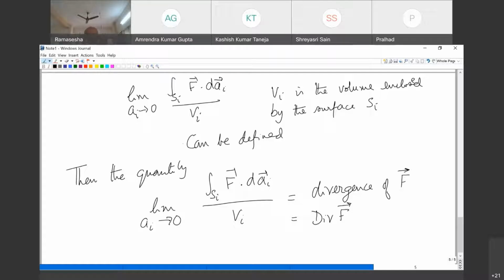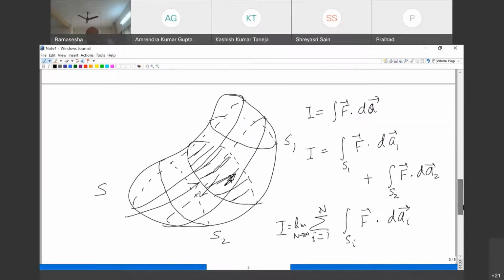What is the physical interpretation of the integral dot product? See, the integral dot product that I'm looking at, F dot dA, that is the amount that is flowing out of the surface Si. So the interpretation is the following. I started looking at something that is flowing out of this entire volume, this entire volume that I have. I was looking at something that is flowing out of that one.